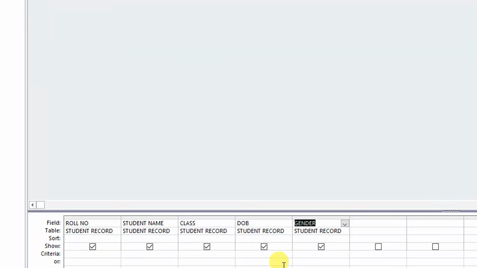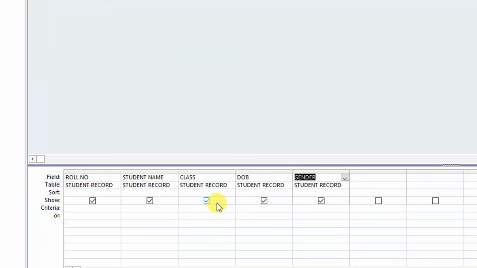Now, what is our query 2? Extract records of male students or students in class 8th A. So here we are using the word OR. For the 8th A students, under the class I will write 8th A. Then instead of writing gender in the same row, I will write it in the OR row. Under the OR row I will write M.